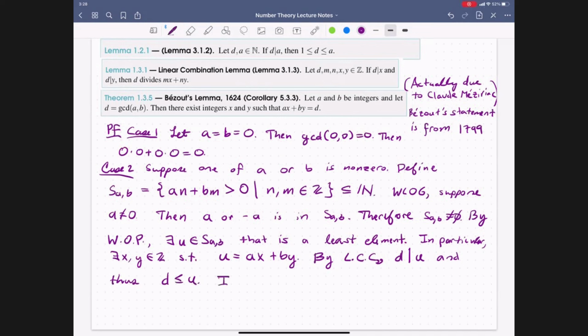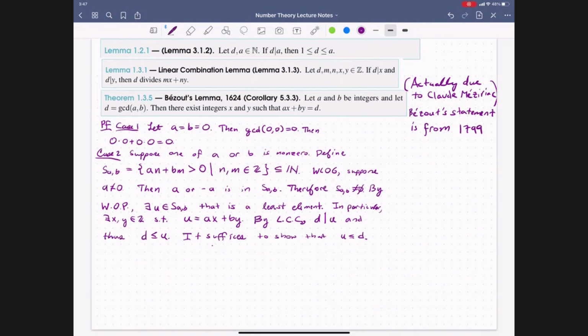So now it suffices to show that U is less than or equal to D, so that we can use the trichotomy axiom of the integers. And so that's what we are going to do now. So now let's go ahead and apply the division theorem to U and A. So by the division theorem, applied to U and A,